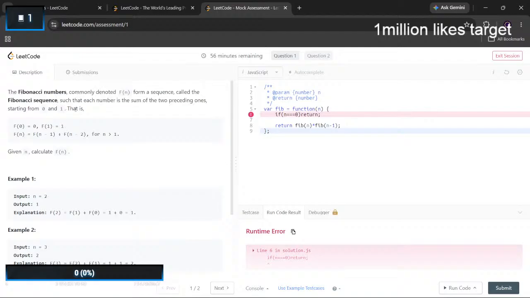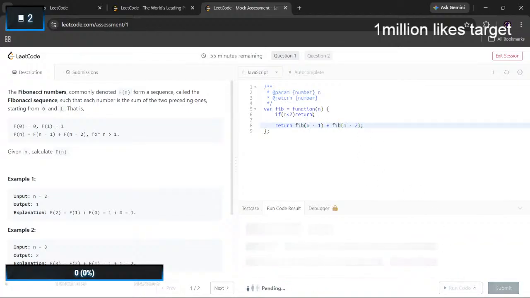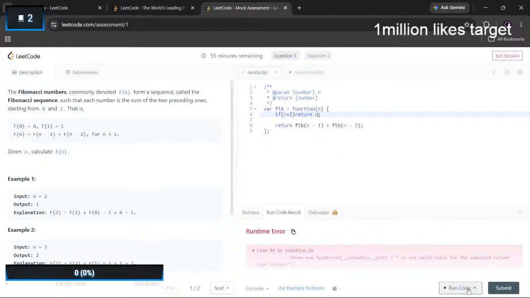Starting from 0 and 1, that is f of n, then return n.